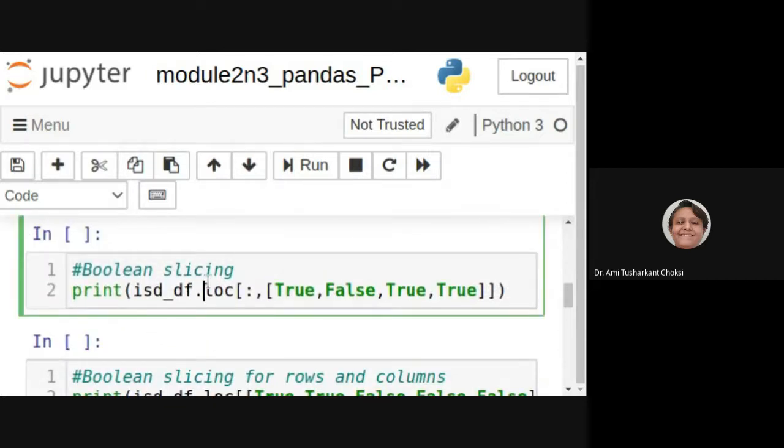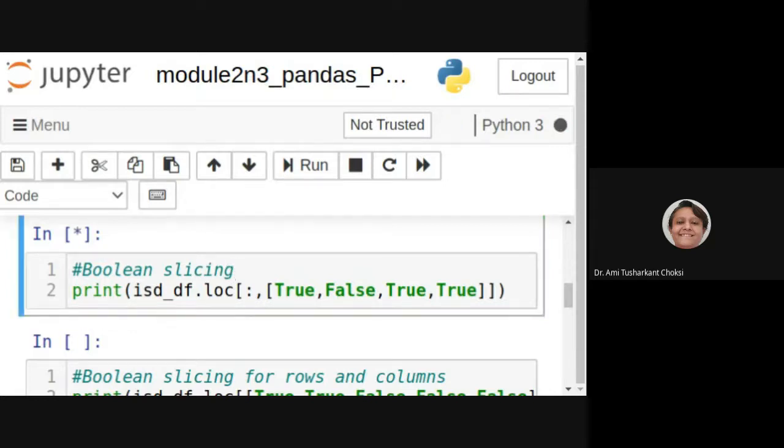Same way here, in Boolean slicing, only the row is given, no index is specified. Here, column number is specified. 0, 1 is there, no, false. This is there and this is there, right? So, 1 will not be there, 0 will be there, 2 will be there, 3 will be there, right?